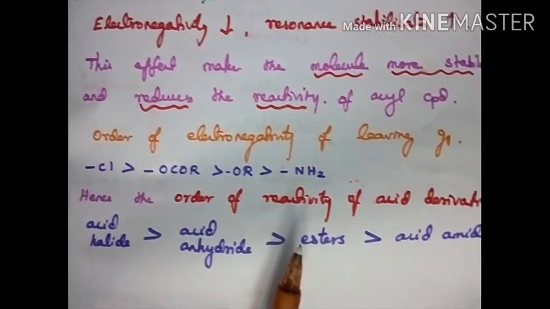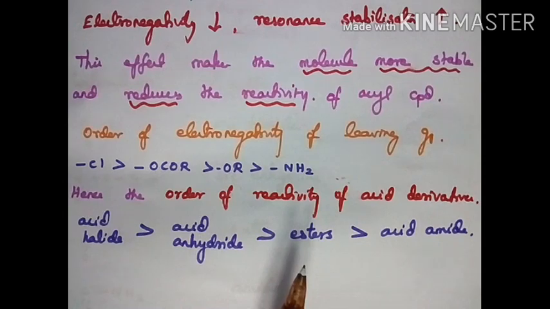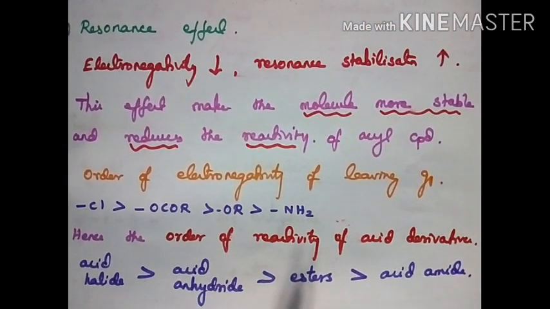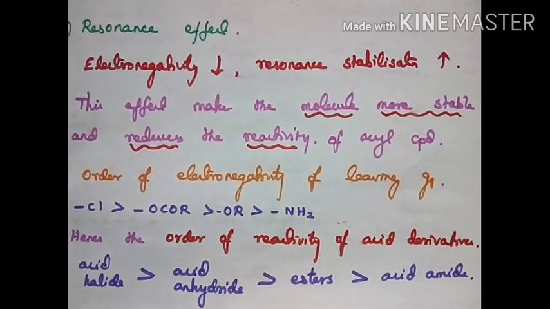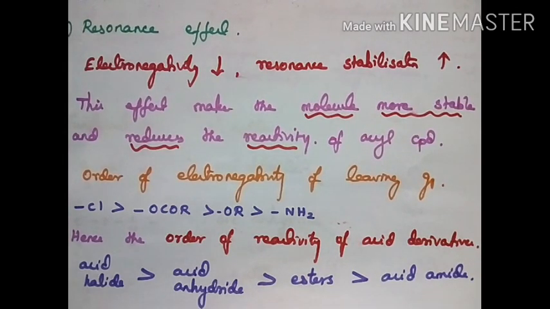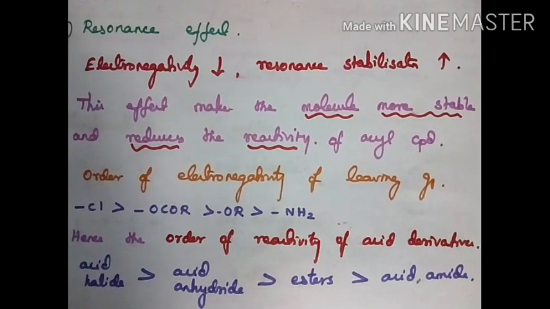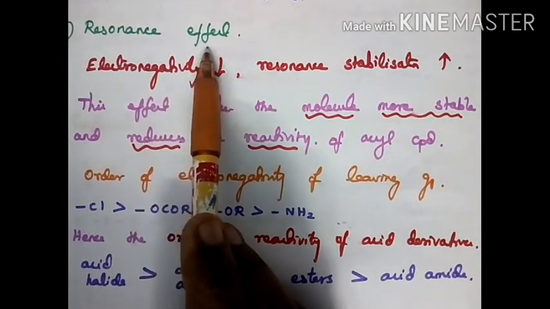And now, another factor which explains the reactivity order is the resonance effect. We already discussed resonance. If one structure is not able to explain the properties of a compound, then it can be explained by several structures. In phenol and amine, there is a tendency to donate a pair of electrons, so it increases the reactivity of the benzene. So it is ortho-para directing.